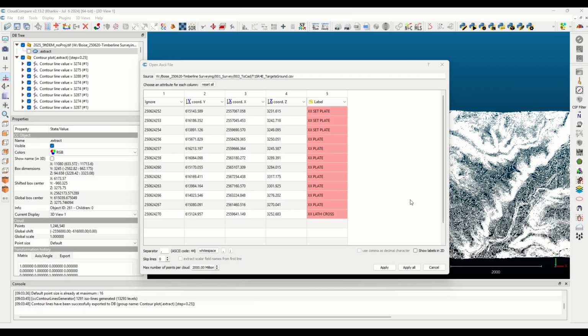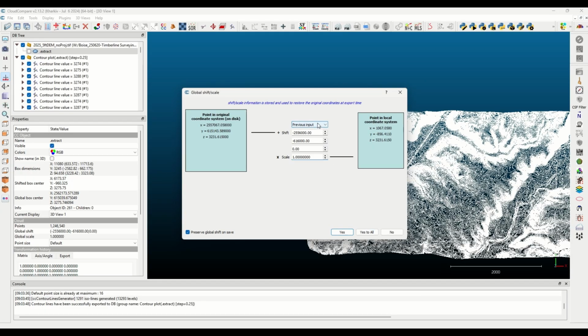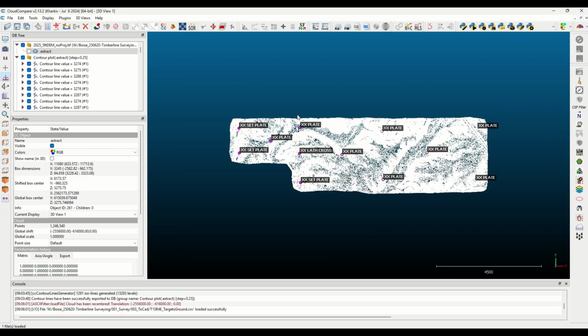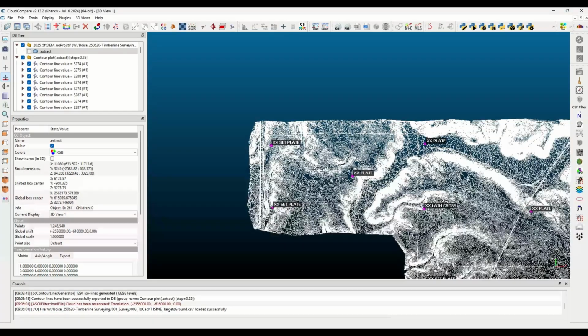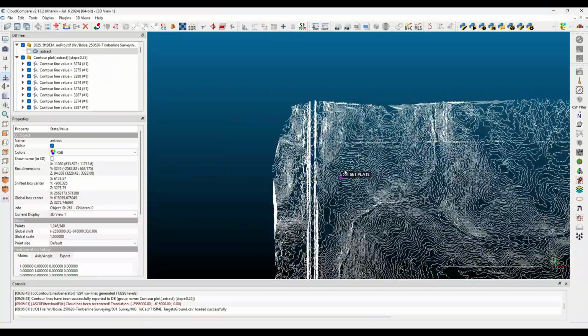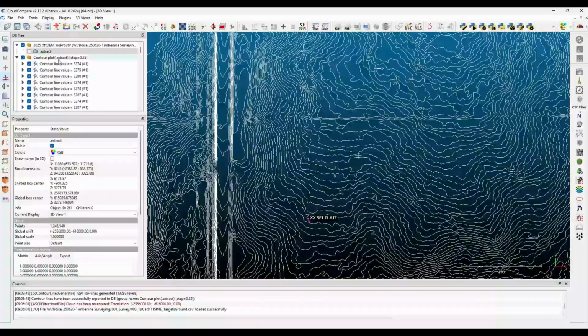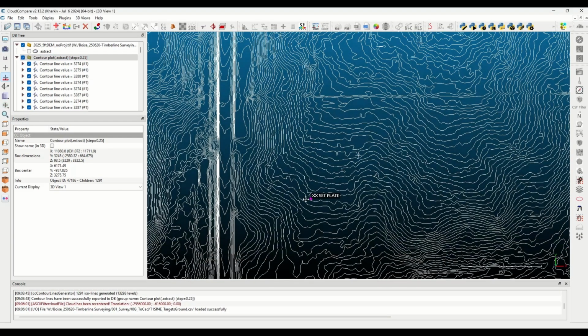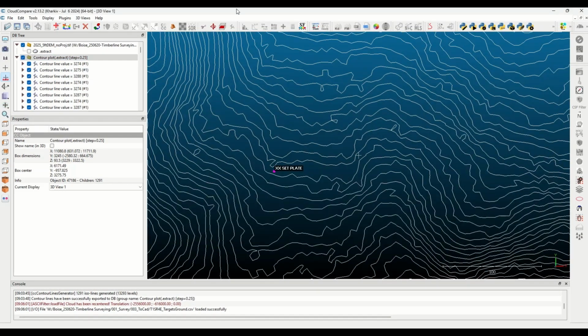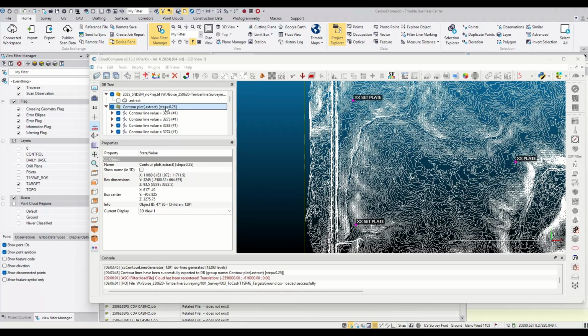Drag and drop the CSV into the file here. Use the previous input. And now, what I suggest doing is adding a polyline. So click on your data set that you want to edit, and then we are going to add a polyline. So you can go ahead and do the trace polyline. So click on your targets here,